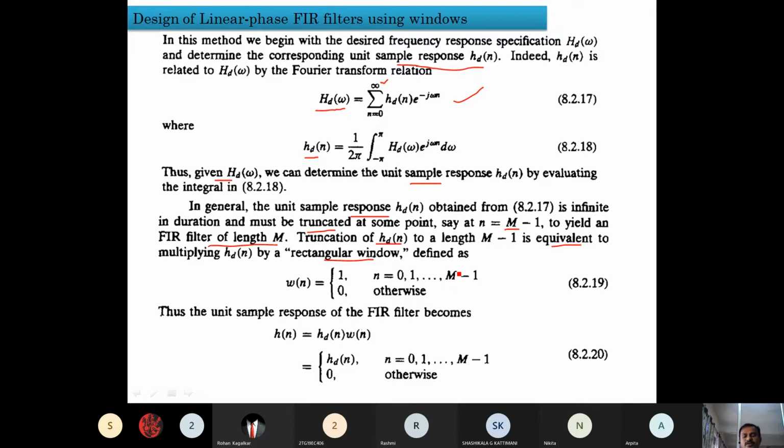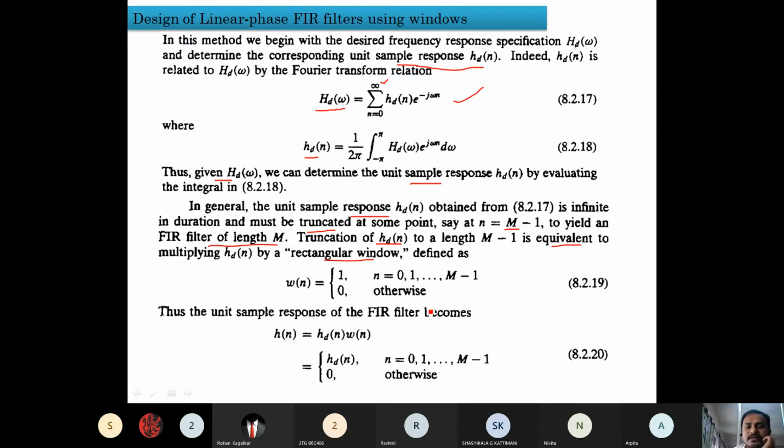So here we begin with the window concepts. The first concept is the rectangular window, where w of n is given by 1, which means there is a particular window. Within that window, the function will be running. Outside that window, it is going to give 0 results. So the response from the system for the selected, desired frequency will be available within that window. Outside the window, there is no response from the filter. So that concept we are going to discuss.